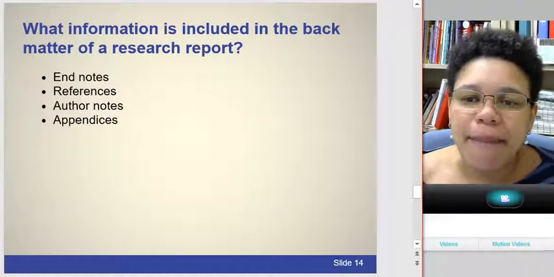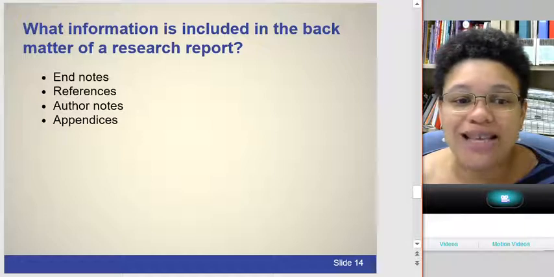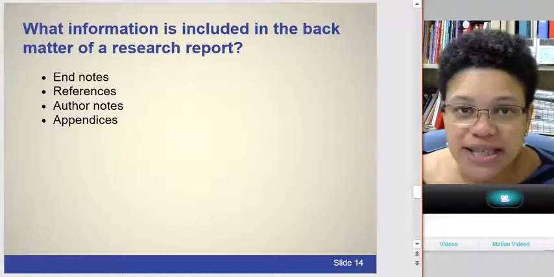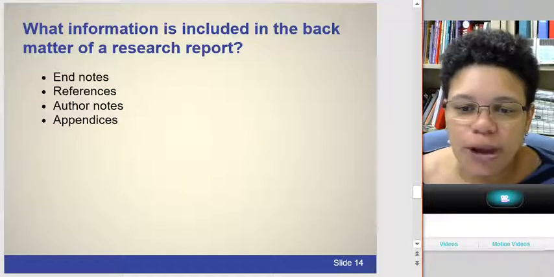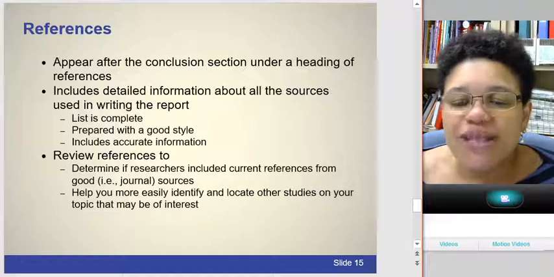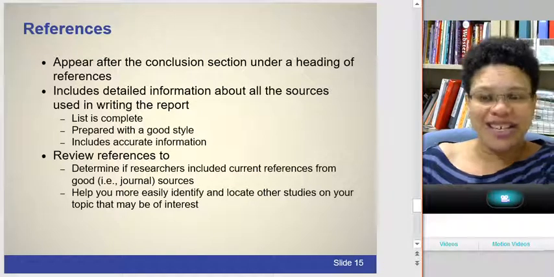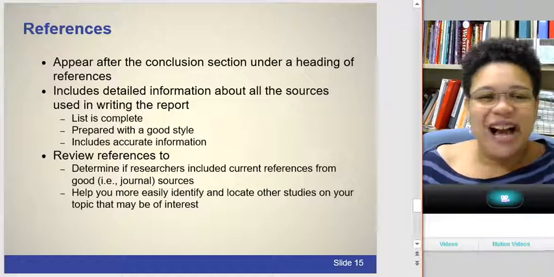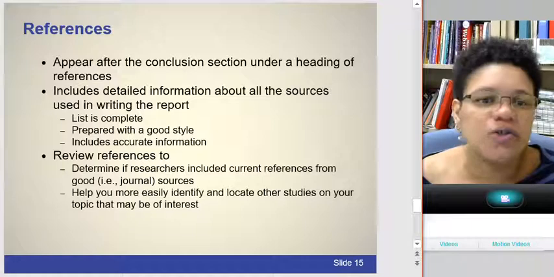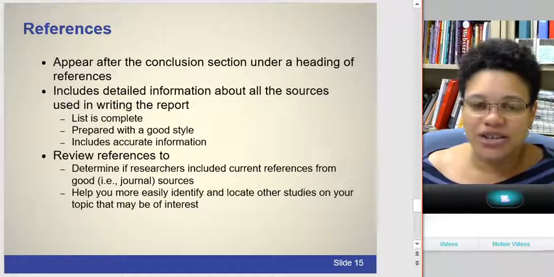Now, in the back matter of a research report, you have things like endnotes, references, author notes, appendices. We're going to focus on talking about references. So, slide 15. References appear after the conclusion, usually under the heading of references. They include detailed information about all the sources used in writing the report. The list should be complete, and editors of journals,